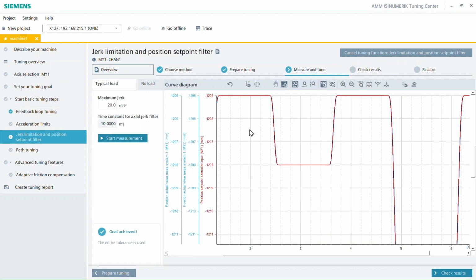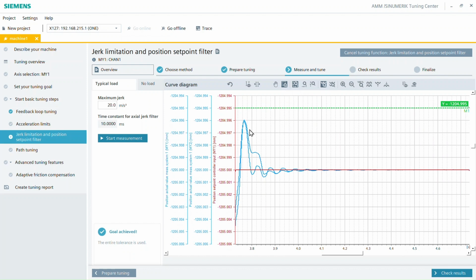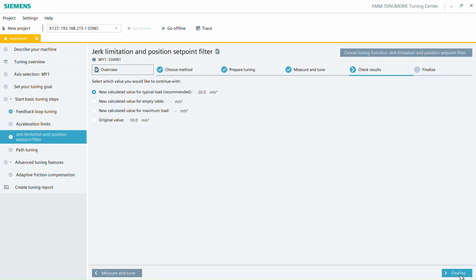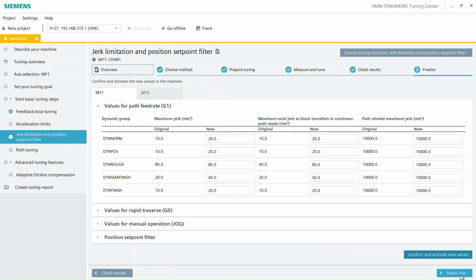Now we see goal achieved. Go to check results. If you want to continue with the latest jerk value, just click Finalize. On the Finalize page, STC shows all original and new values for every dynamic group. The value you determined in Measure and Tune will be applied to Dyne Norm, Dyne Pose, and Dyne Finish.